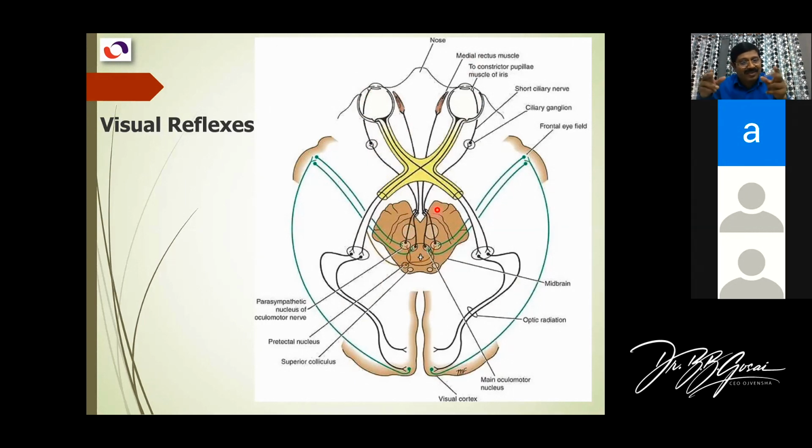So for the ciliaris muscle there are separate fibers; one fiber does not project to both. But for the pupillary reflex, they project to both. That's why you have a direct pupillary reflex and a consensual pupillary reflex. While the accommodation reflex does the job for both eyes, and both are synchronized, and both are controlled by the frontal eye field of both sides. Clear? So I think the point is clear. If there is any confusion, you can tell me now.